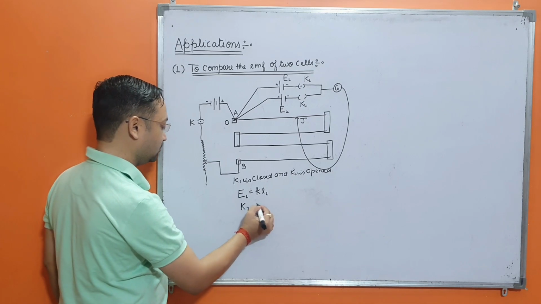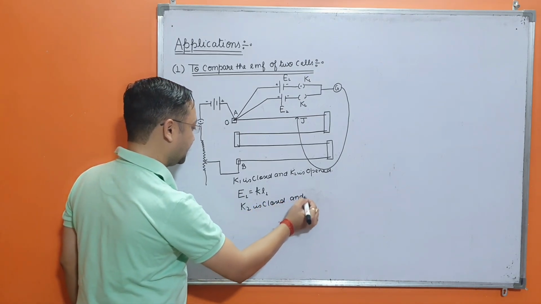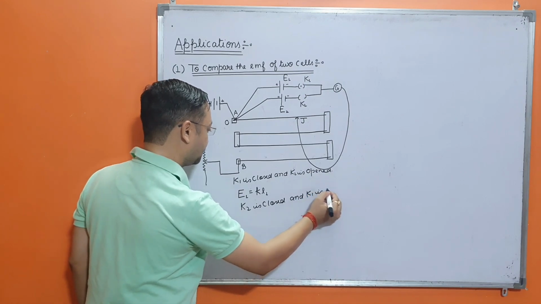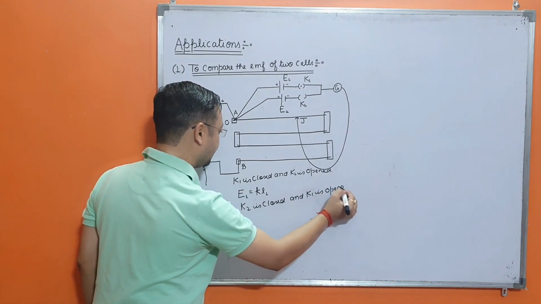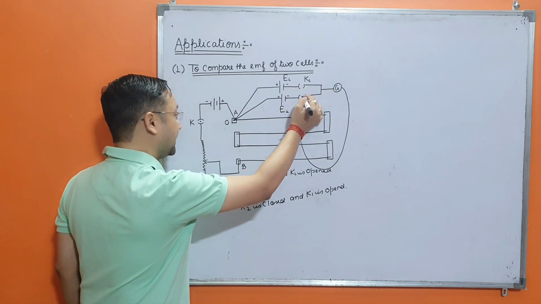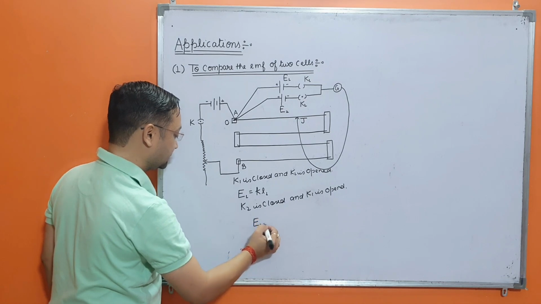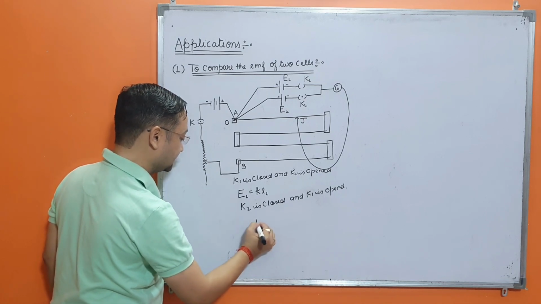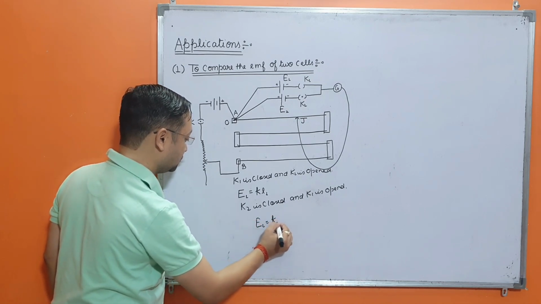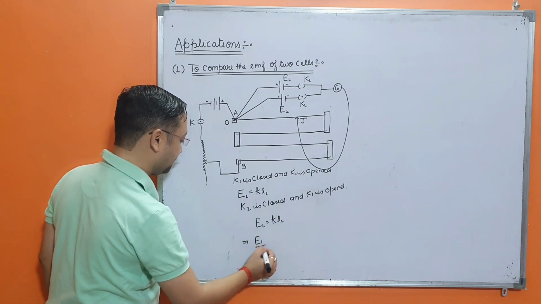When K2 is closed and K1 is open, this cell will be in the circuit only, and you are getting the null point at length L2 for the cell E2 only, and its EMF will be E2 equals KL2, and this implies that E1 upon E2